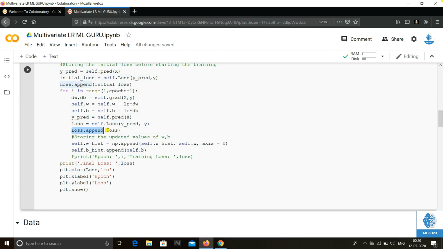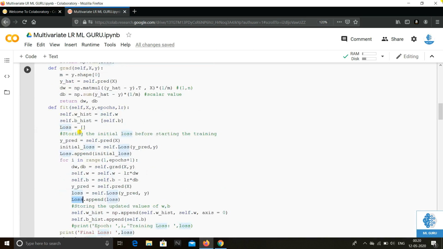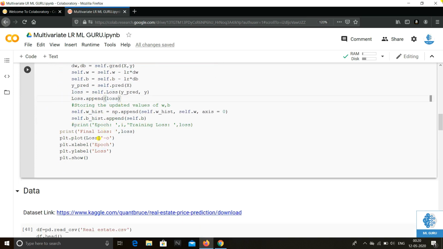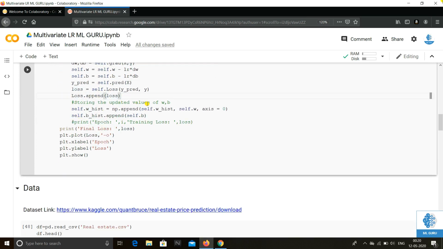Then we append this currently calculated loss in this loss array,